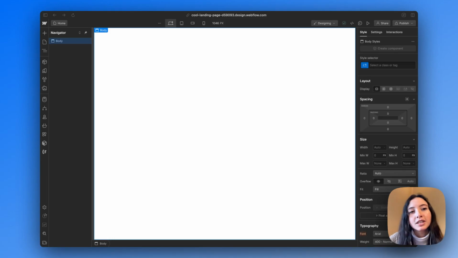So we are currently in the Webflow Designer, brand new project, and I'm going to show you a little bit around the interface here because there is a lot of different stuff in here and it can be kind of overwhelming at first. So I'm just going to give you a quick overview of the essentials that we'll be using for this project. So starting at the very top, we have a bunch of different icons here, and these are